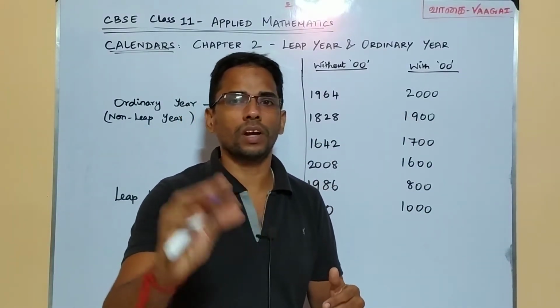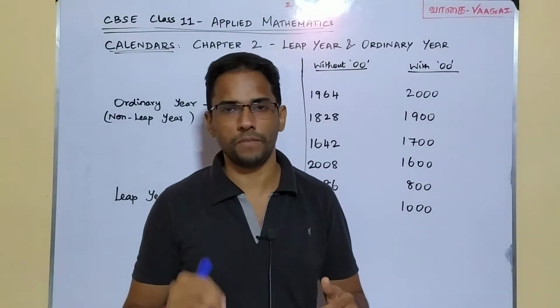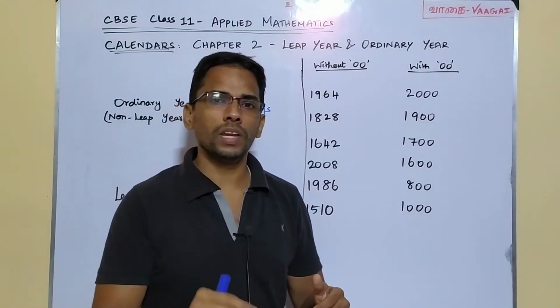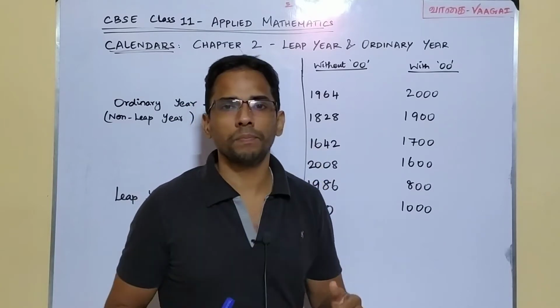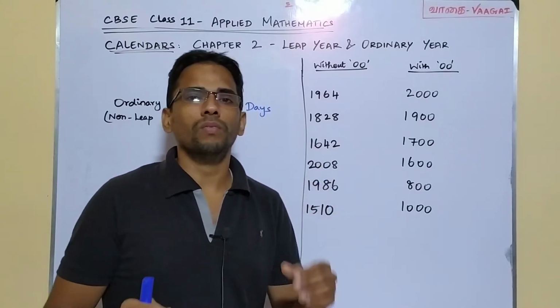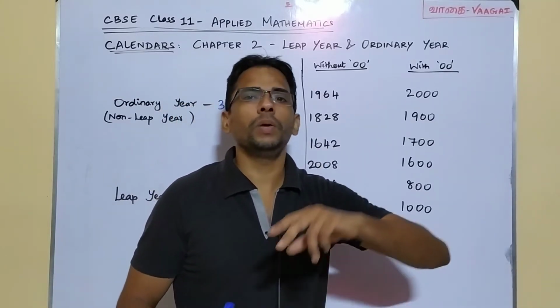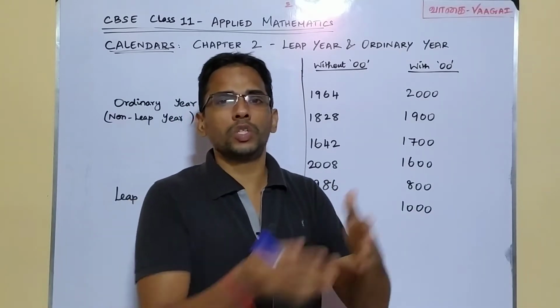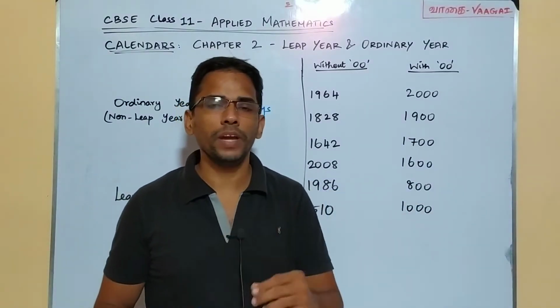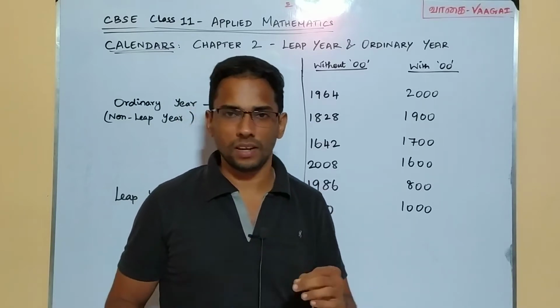So that means you can very well confirm that this year is a leap year. Fine, okay. And what was the leap year which came previous to this year? Can you answer this question? Which was the leap year that came exactly previous, I mean previous to this 2020? Your answer would be 2016, right? Yes,